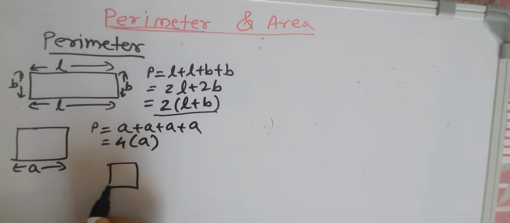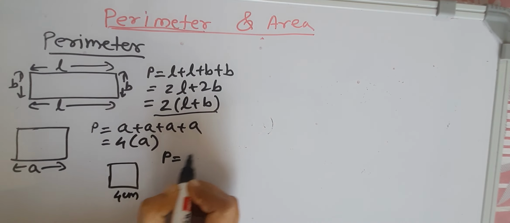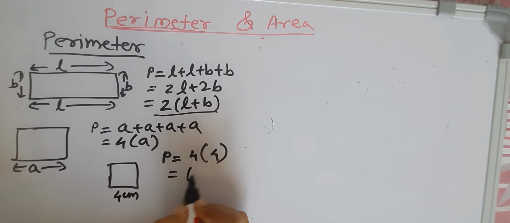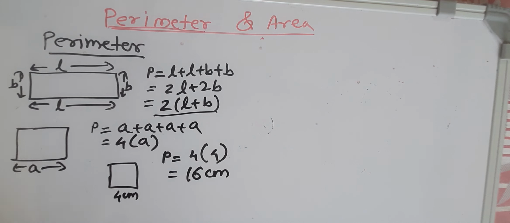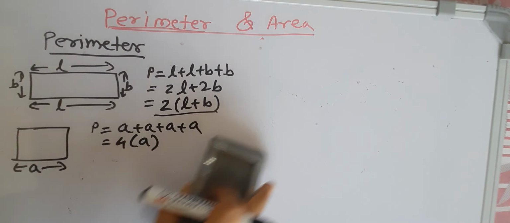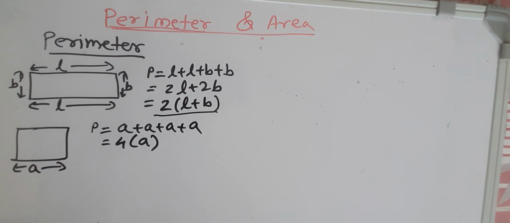So suppose, take an example. This is a square and one of its sides is 4 centimeter. Now how can we find out the perimeter? Perimeter equals 4 into its side, that is 4 times 4 is 16, and that is 16 centimeter is the perimeter of this square. Okay, this is how we find out the perimeter of the square, which is very easy. It's just multiplying it by 4, or you can even add it 4 times. That gives the perimeter of the square. Perimeter is nothing but addition of the lengths of all the sides. Similarly for a triangle,